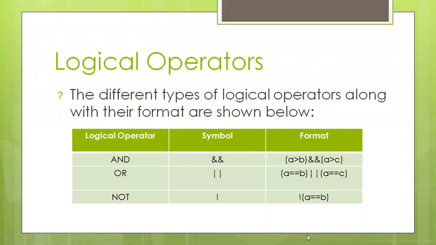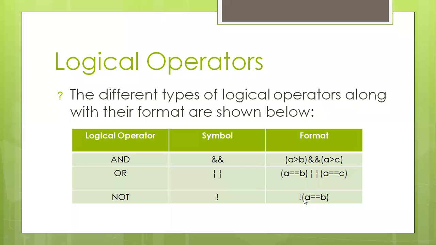Same here, the OR operator. The OR operator is also used to give the result in true or false. It is also used to join. How is it joining? A equal B, whatever result will be there, must be true or false. Here also, whatever result will be there, it can be true or false only. Then this OR operator is going to be evaluated accordingly. I'll tell you the functionality of the OR operator also.